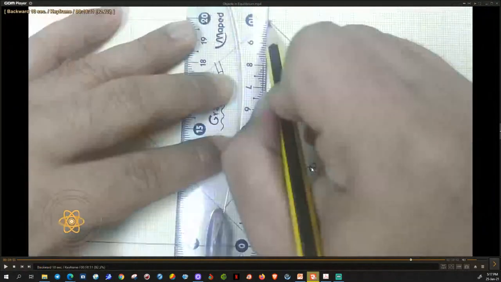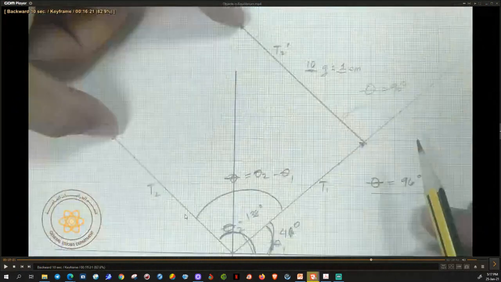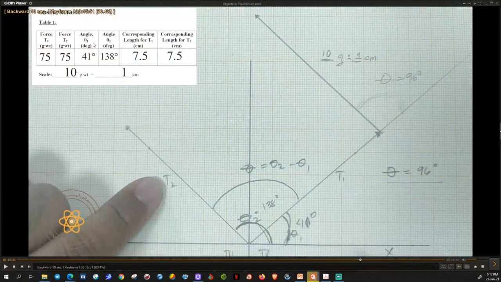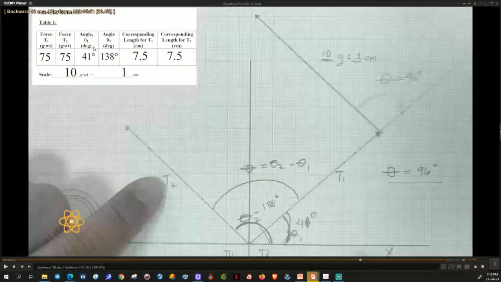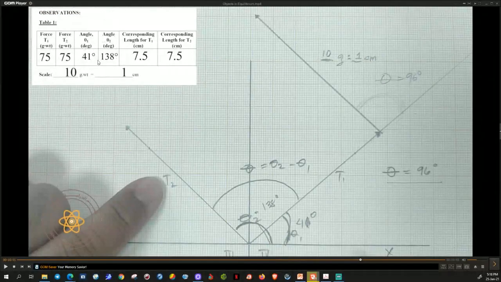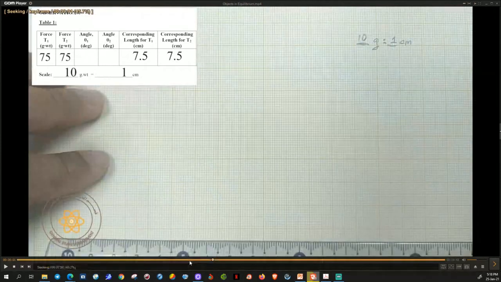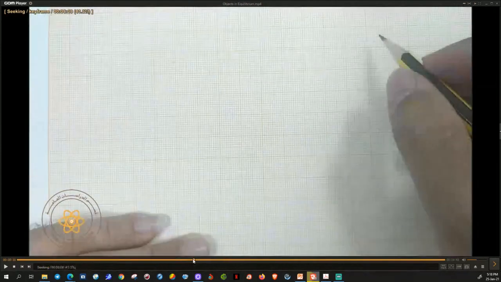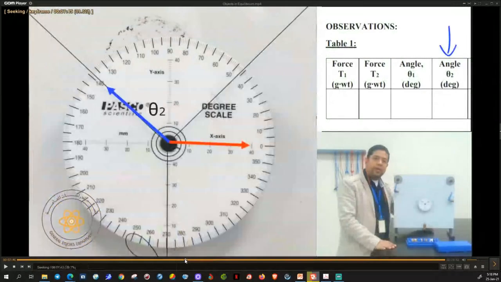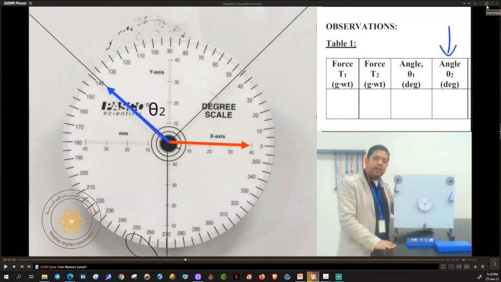There is one small mistake here. The angle instead of 46 is actually 41. But in reading the angle from the setup, if you remember, the angle from here was 46. That's why it's better if we repeat the video